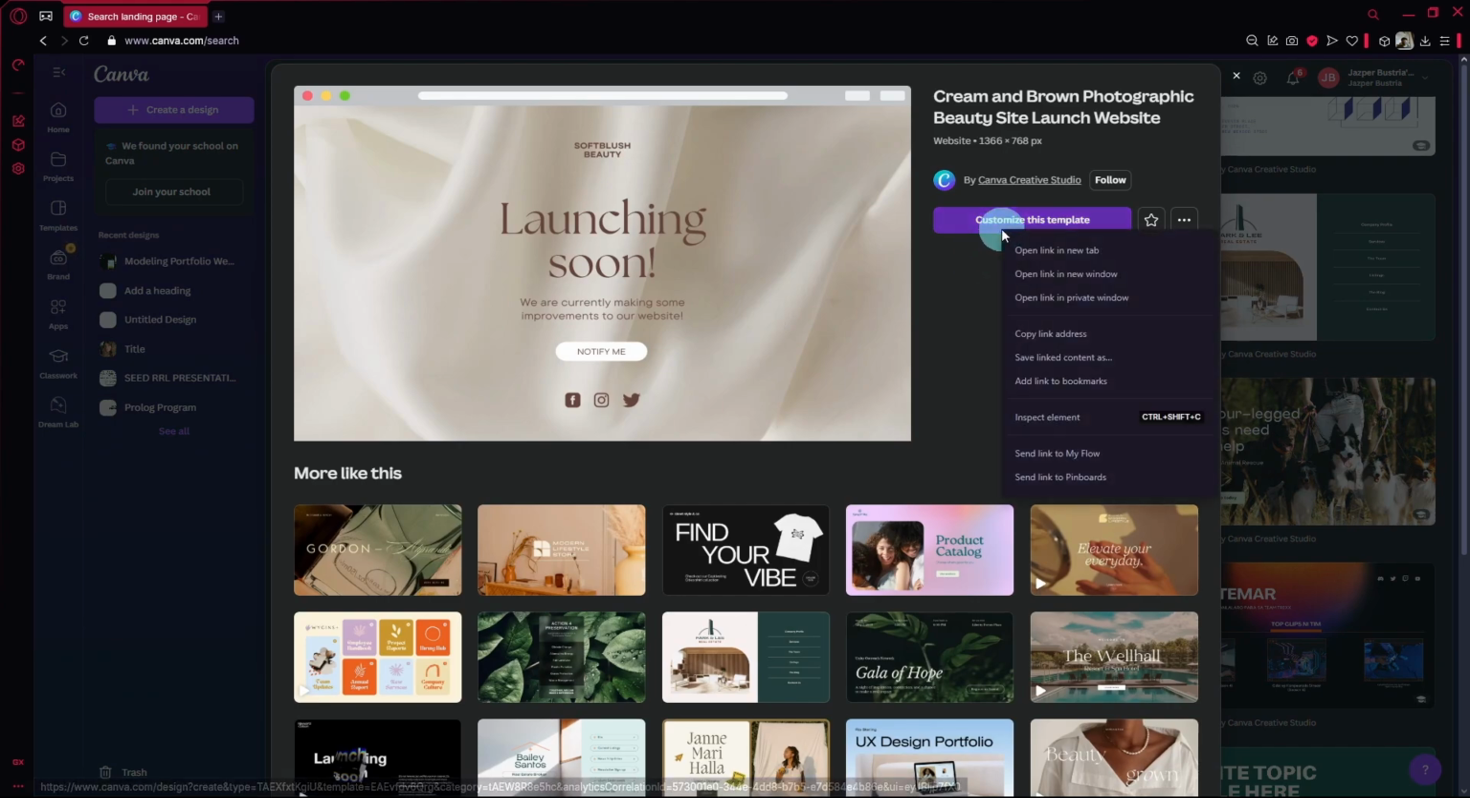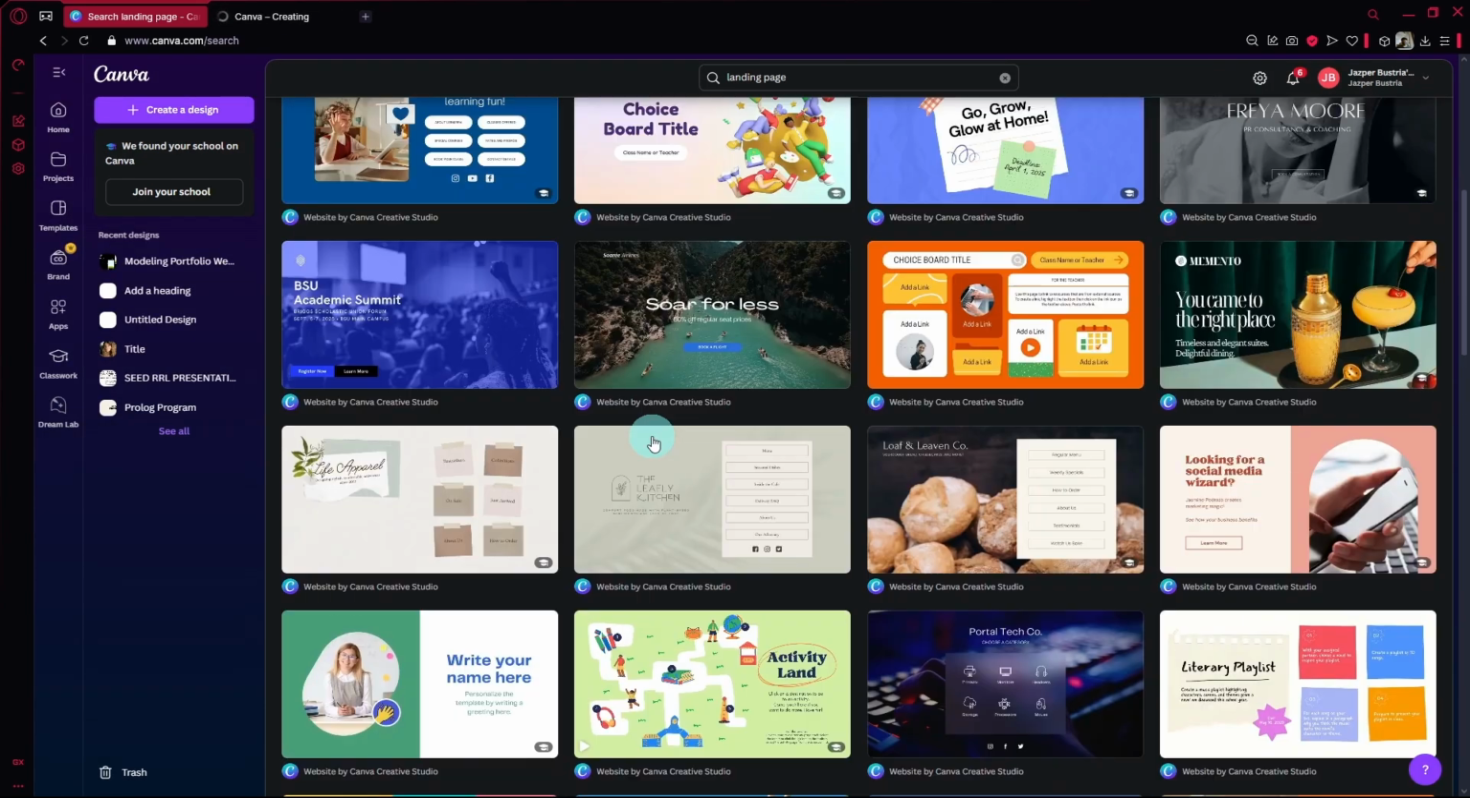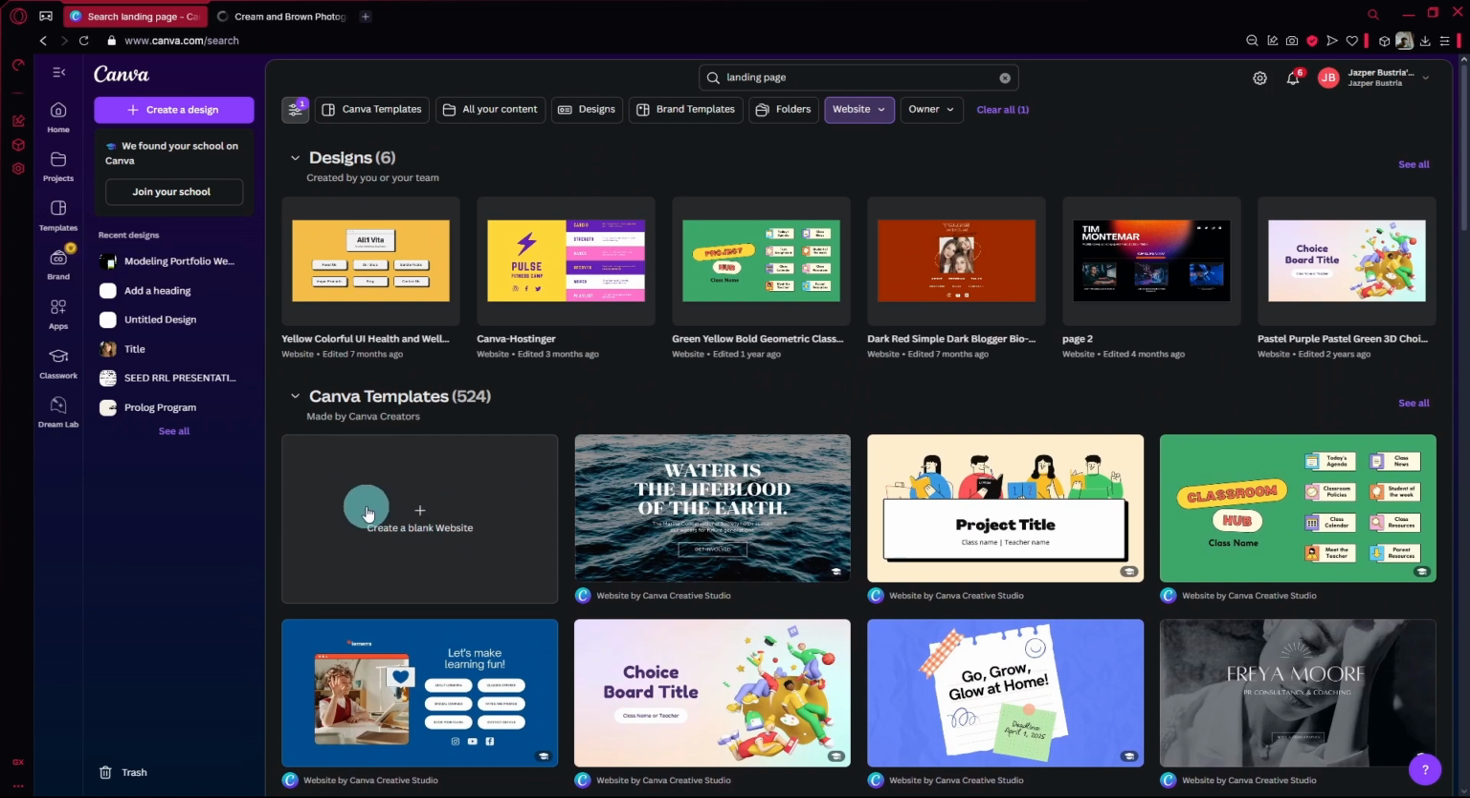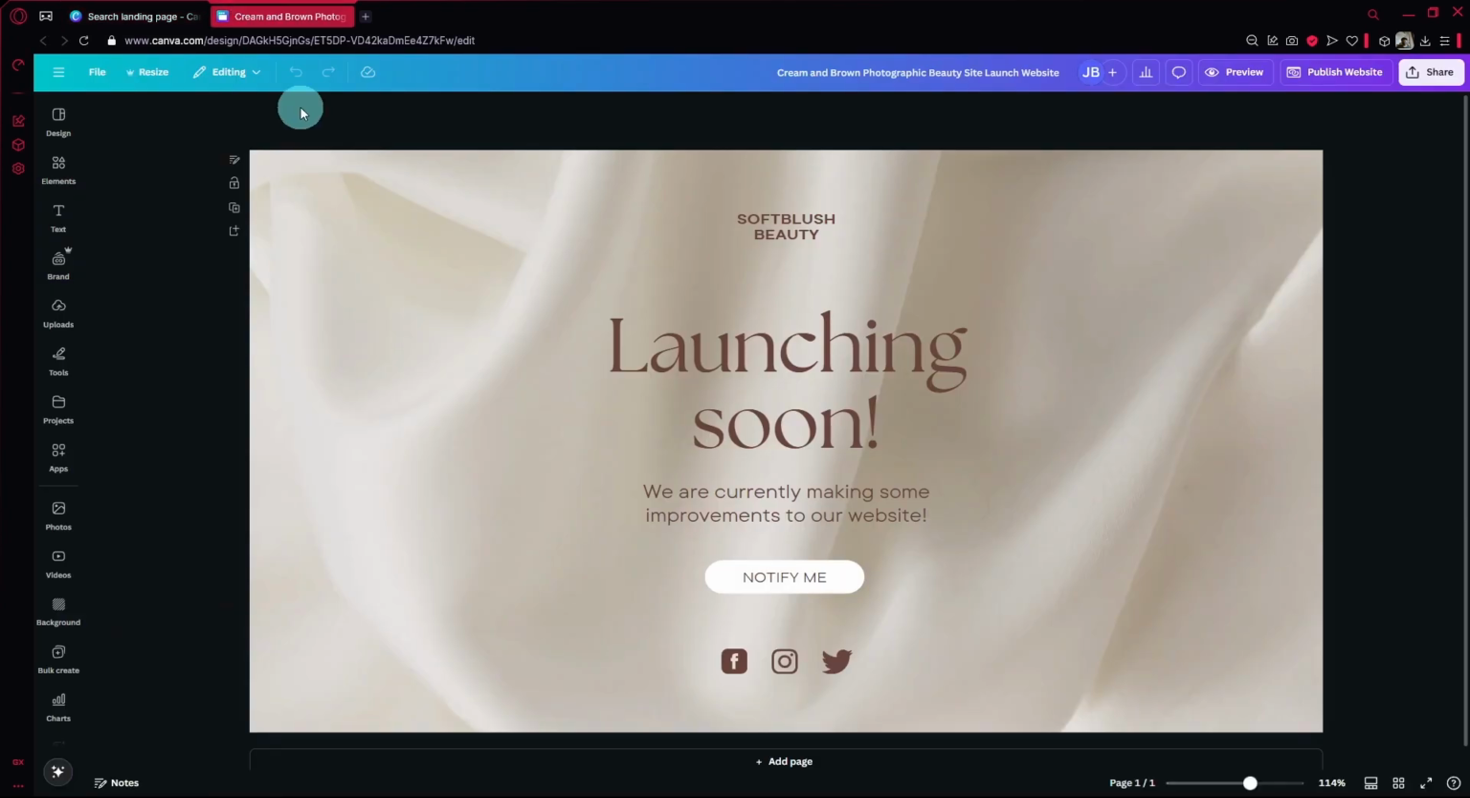Also, by the way, you're not really limited to choosing a template. If you want, you could start from scratch, but that would take up a bit of time. So I would recommend that you just choose a specific landing page or launch template available over here. After choosing a template, you could now simply modify it like a